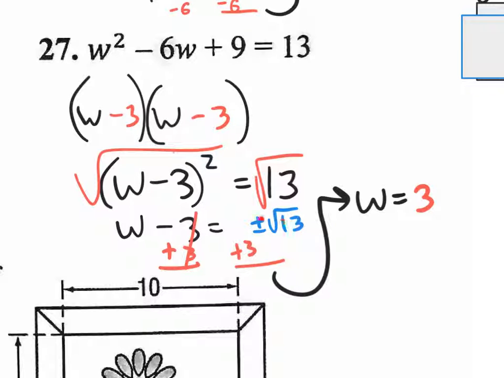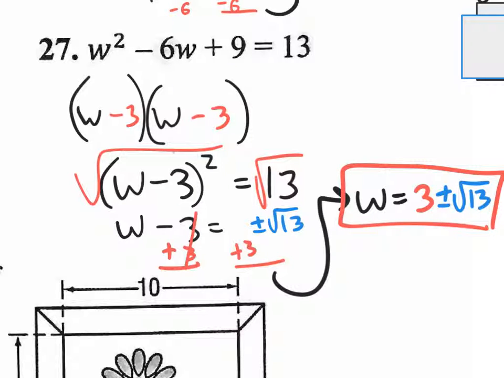And then we have this plus or minus square root of 13. And since we can't do the square root of 13, we leave it like that, plus or minus square root of 13. And this is the answer. If you check your answer on the back of the worksheet, it leaves it like that. W is 3 plus or minus the square root of 13. Cool? All right,